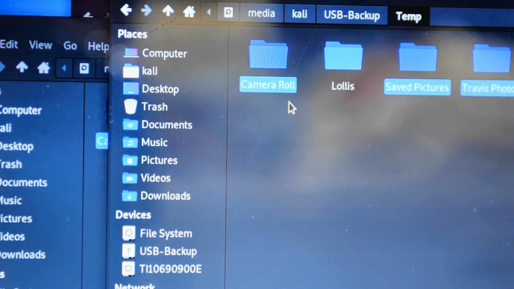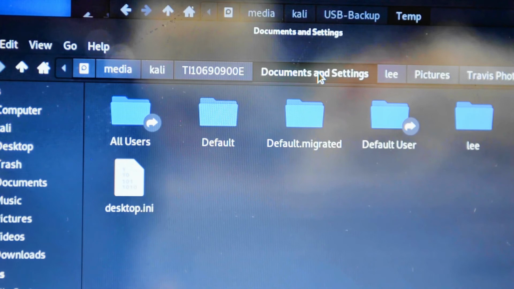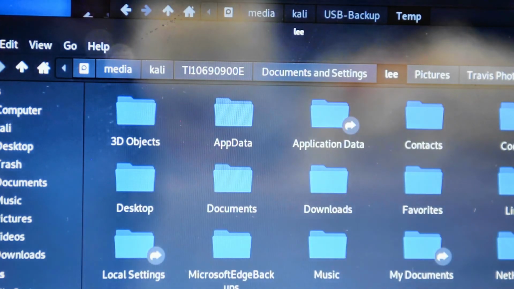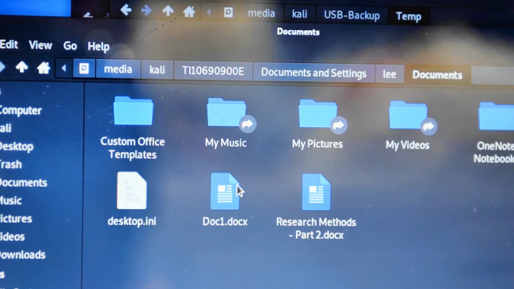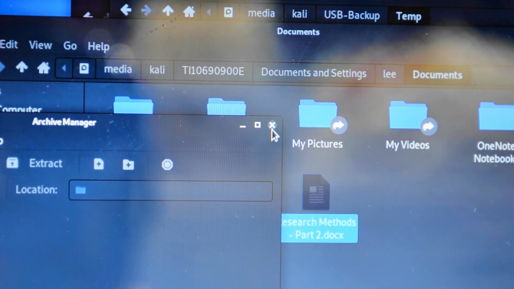So look how quick that was. Pictures are always a good place to start because people have a ton of pictures and stuff. And you can poke around. We can be fancy and do an exact copy of this drive and put it on our USB, but I'm just showing you an example. We're just poking around. Usually Documents has a lot of stuff in there. My Music, My Videos. And here's a paper. Here's a Word file, and I don't know if we have Word installed here. I can't load it because it doesn't know what doc is, and that's perfectly fine because we're going to